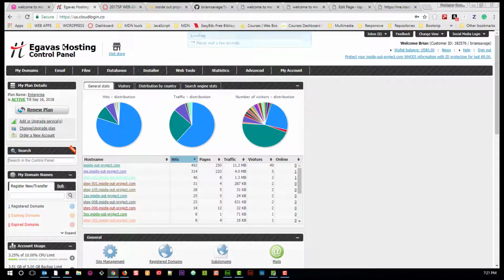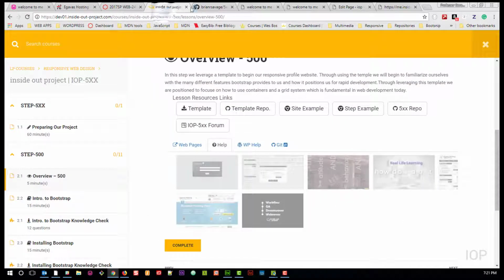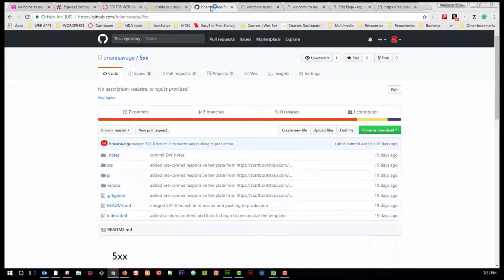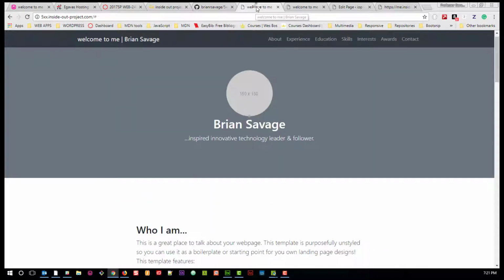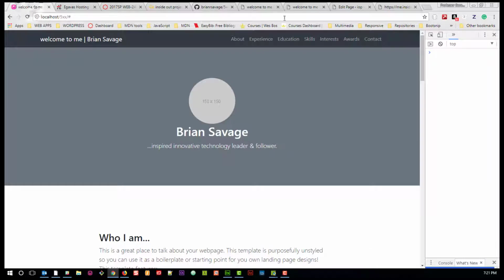get to that. And then the next thing we want to do is make sure that our GitHub is open and we're on the right place. Make sure that your homework is open so you don't have to go looking for it in the middle of coding. And then we'll go ahead and we'll take a look at our production site just to make sure that we're clear about where we are with that, which is exactly where we are with our local host, which is